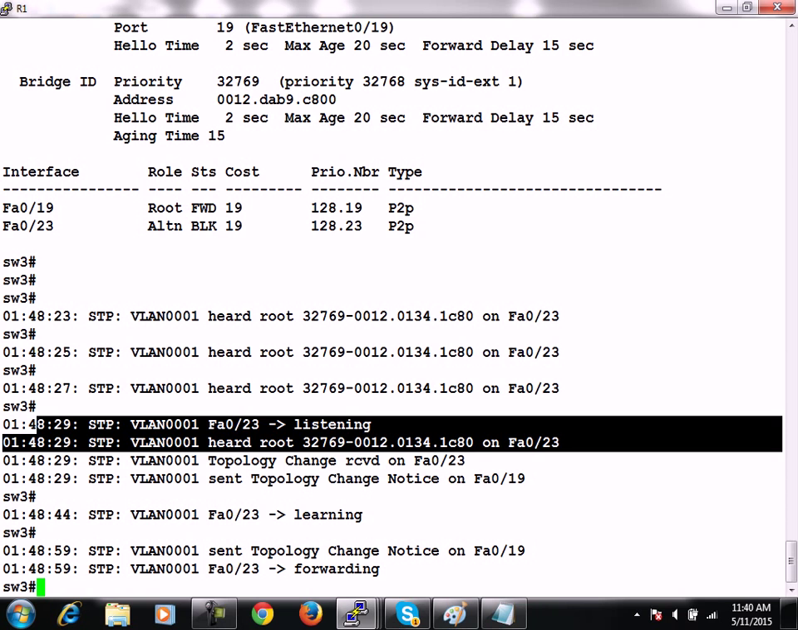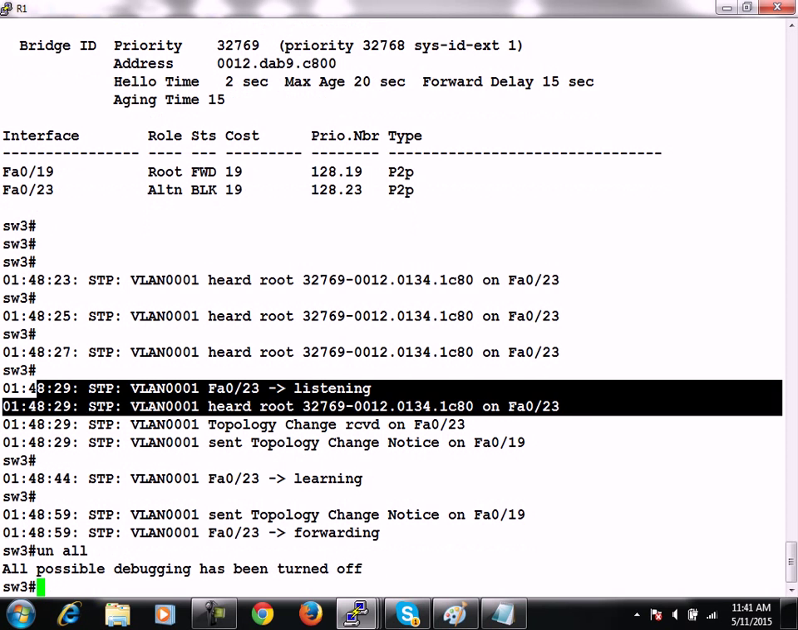into listening state, right? Because by default the BPDU interval is 2 seconds, it took approximately 20 seconds, and then after 20 seconds it put this interface into listening state, and then learning, and finally forwarding. So it took 50 seconds. Again, let's move back to switch 2